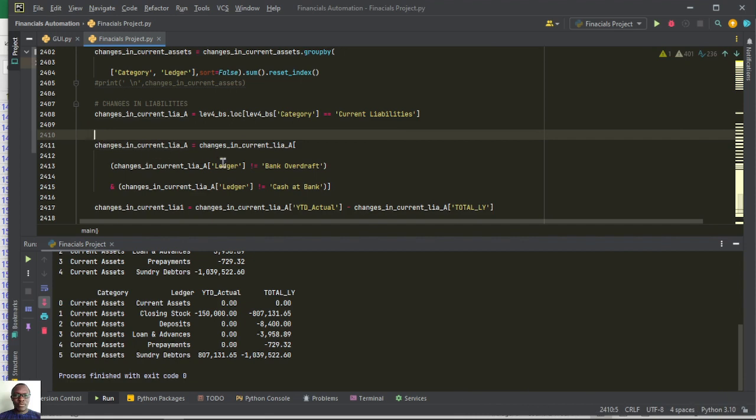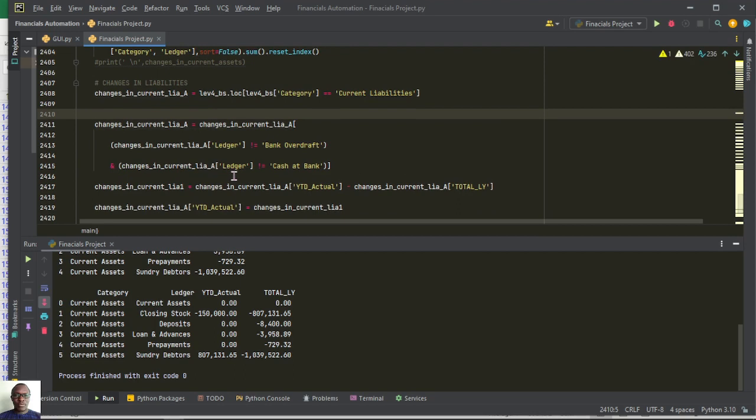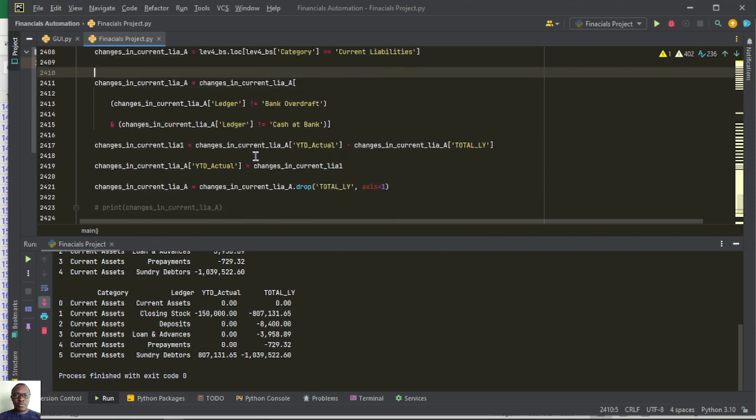Changes in current liabilities A is equal to changes in current liabilities A, in square bracket, changes in current liabilities again in square bracket, ledger is not equal to bank overdraft, and ledger is not equal to cash at bank. So we are selecting current liabilities, but we are not dealing with a bank overdraft or cash at bank. So that's why we are using the not equal to